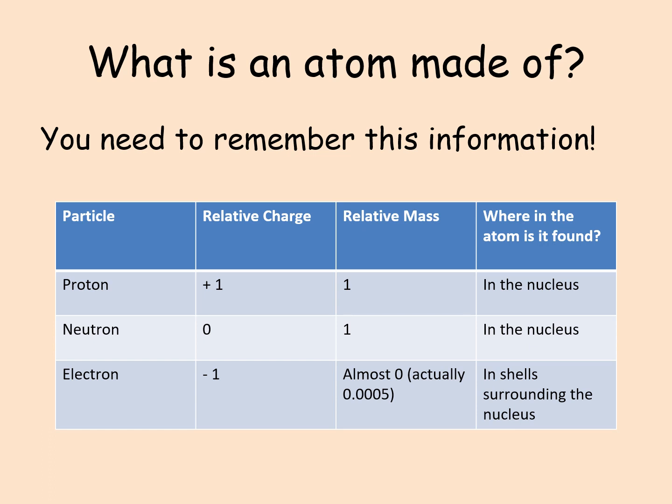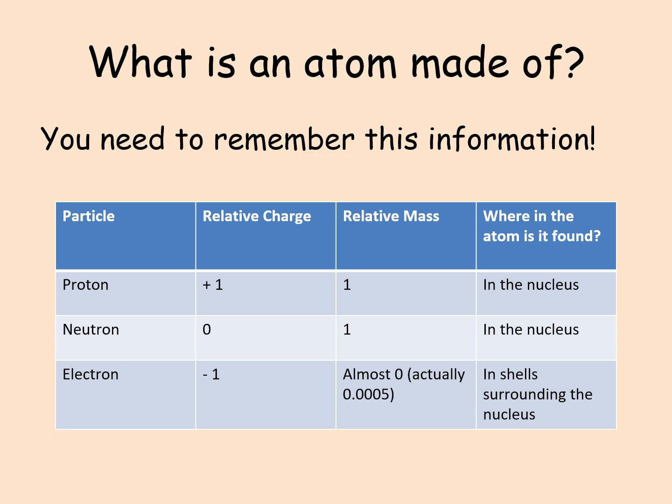You need to know the 3 key subatomic particles: proton, neutron, electron, that we just saw on that previous diagram. You need to know what their charge is. A proton has a +1 positive charge, a neutron has no charge, 0, and an electron is -1. It's got a negative charge. For the relative mass, protons and neutrons are both 1. This is relative mass, so it's not a scale, it's not grams. It's just relative to the other particles. These are both the same. We consider those to be 1.